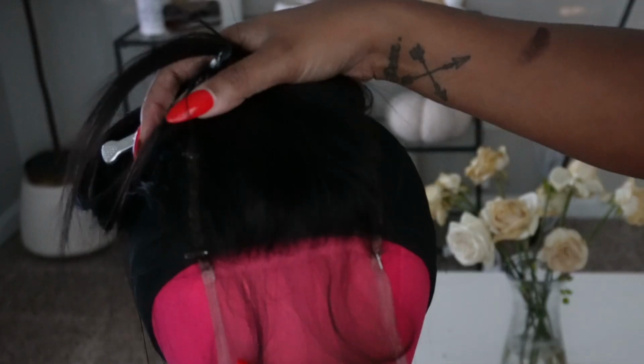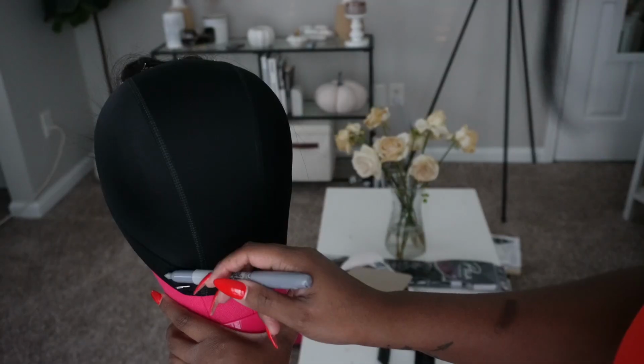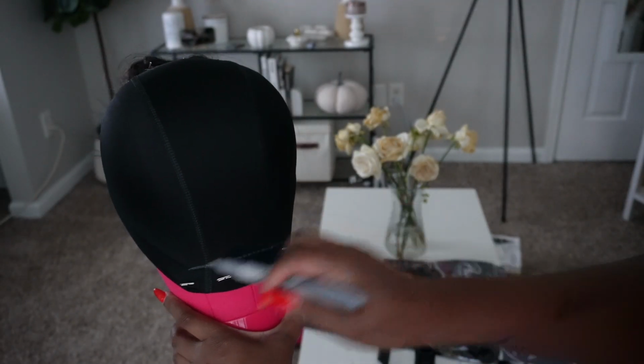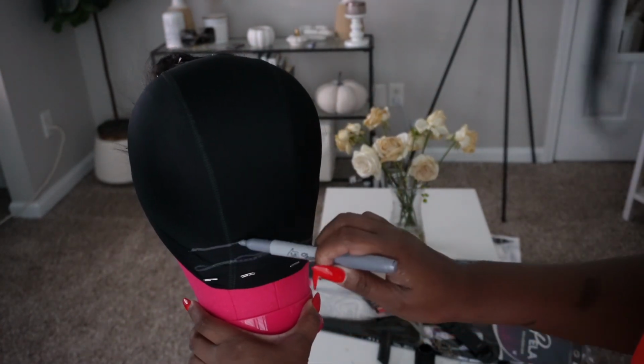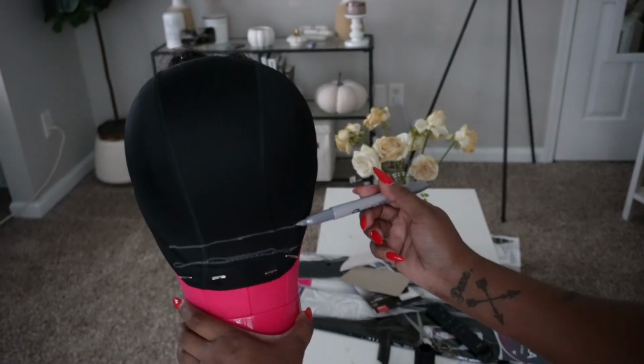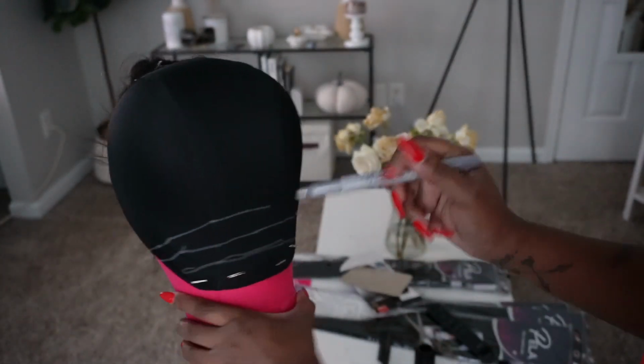And this is what the closure looked like in the front. Okay, and now the next thing I'm going to do is take a marker and start drawing lines on the back of the wig cap, about an inch apart. This is supposed to be a guide for how I was going to space the tracks apart,